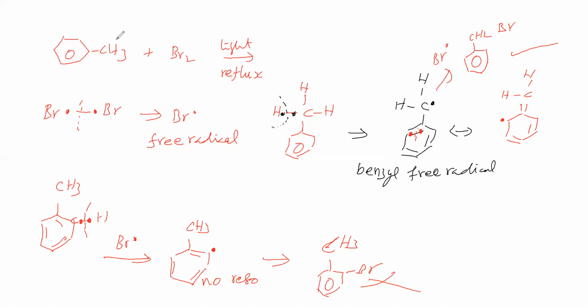So here this side chain undergoes bromination but not phenyl. Therefore, it is called a free radical substitution. Side chain is undergoing bromination. Phenyl is not undergoing bromination. Okay. So we are getting benzyl bromide. We got benzyl bromide in this case. So how bromination is occurring here, we got the idea.